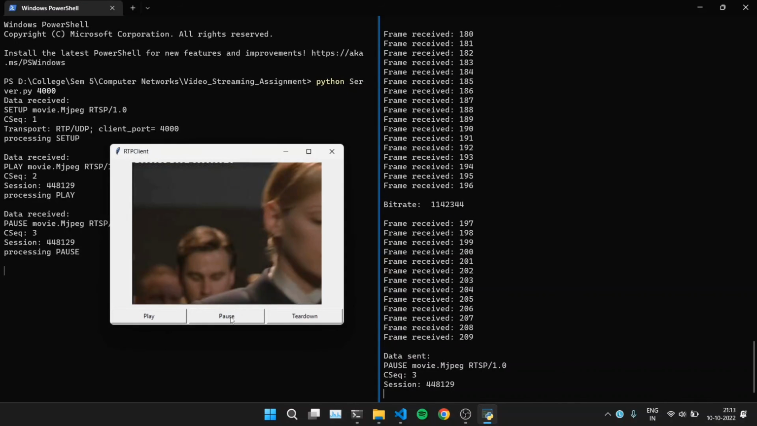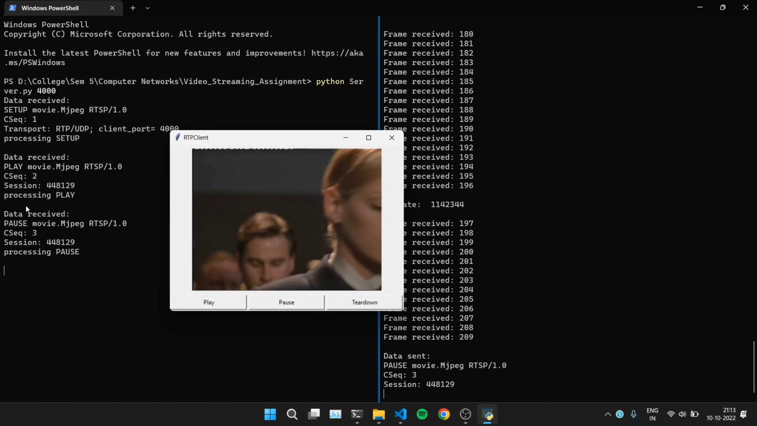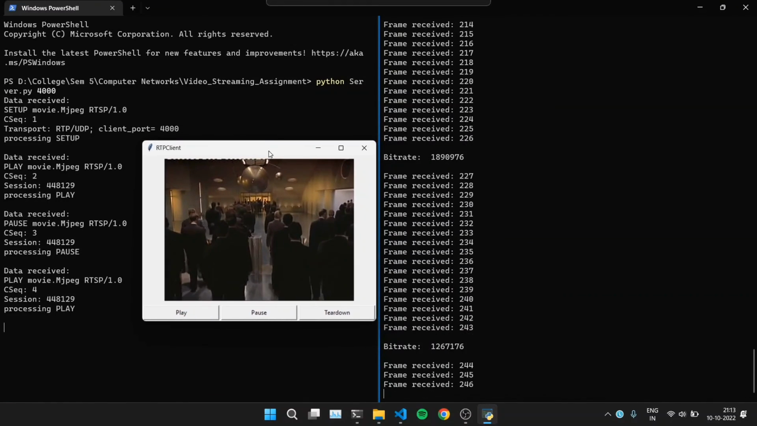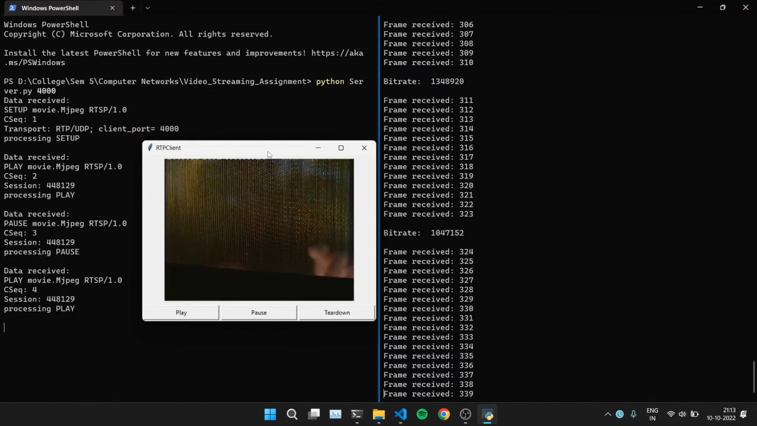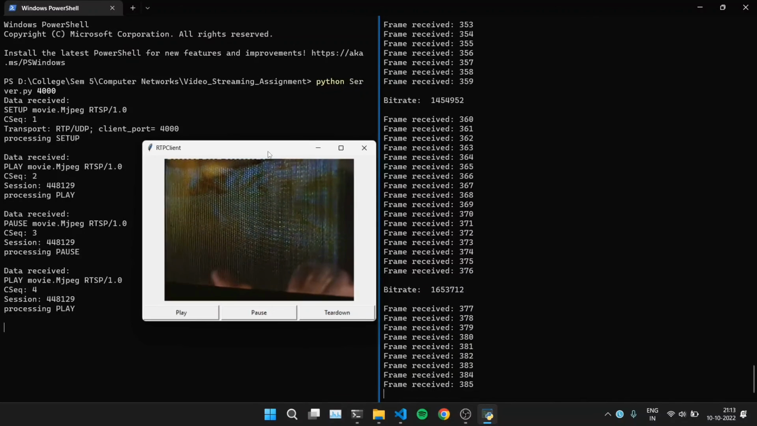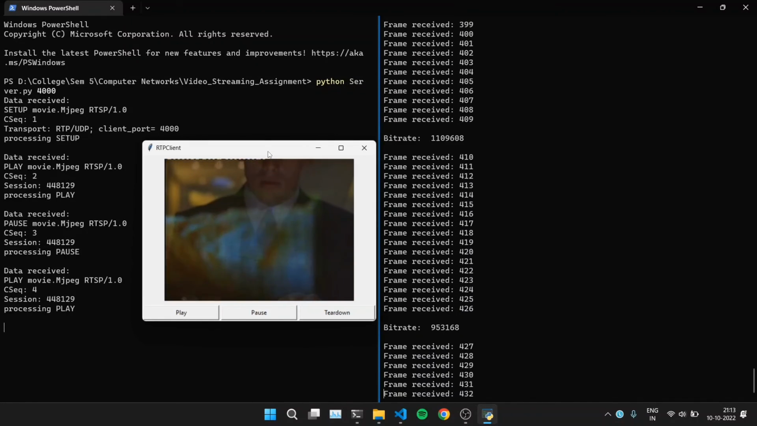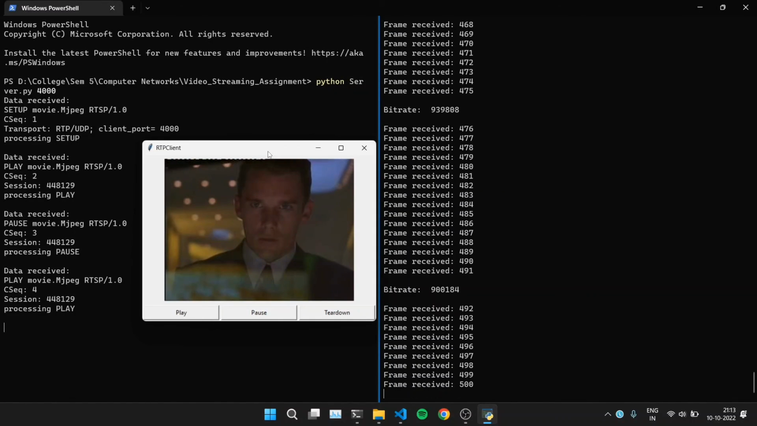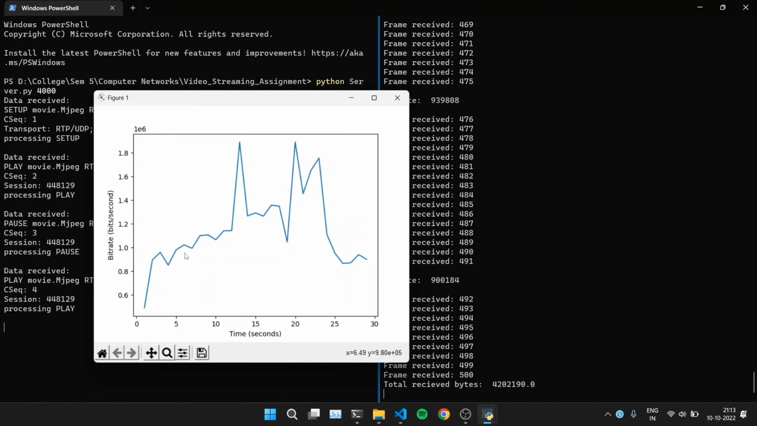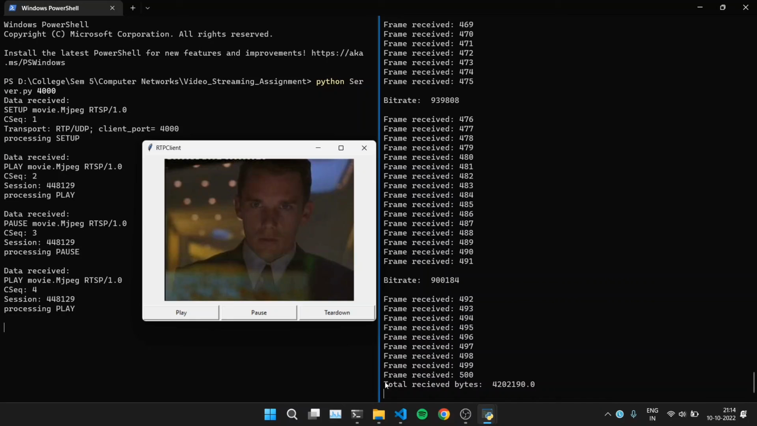We can pause the video at any time. An RTSP request sent and received on the server end is shown here. On clicking the teardown button, we get the bitrate in bits per second. We also get the total received bytes on the client end,